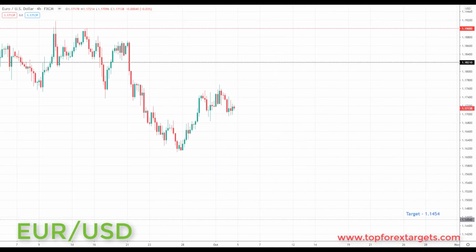So the next market we're going to look at is euro dollar. Last week we started the week down in this area and we highlighted the fact we want to see a pullback towards the 1.18210. We do have a nice pullback in this market now. So very simply put, going into this week, we're going to be looking at initiating shorts.